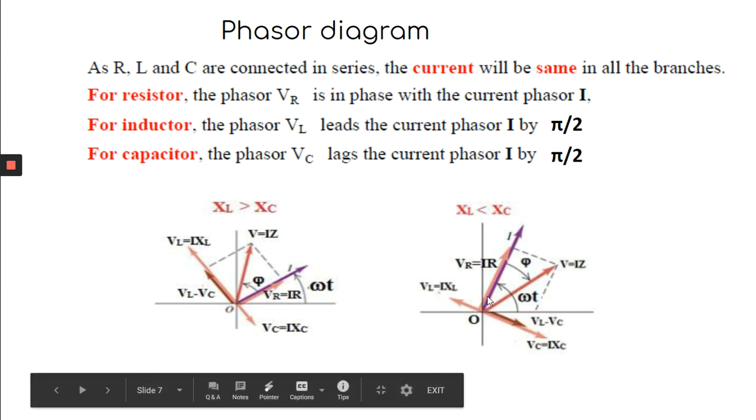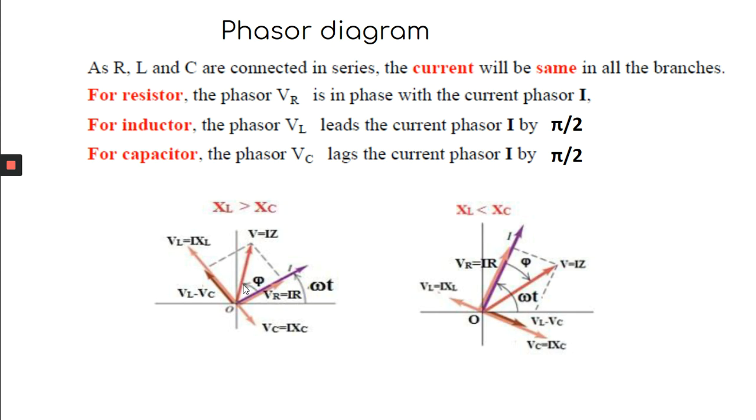So now this is your current vector as well as your VR. This is your VR, this is your VC, then this is your V. Now if you compare, this is V, this is current. Here this is V, this is current. What you are observing? Here phi is the phase reference because you know that this is rotating in this direction, counterclockwise. Also you can take phi in counterclockwise. So here you can take phi as positive, but here phi is in the opposite direction. So for convenience you can take this phi as negative.